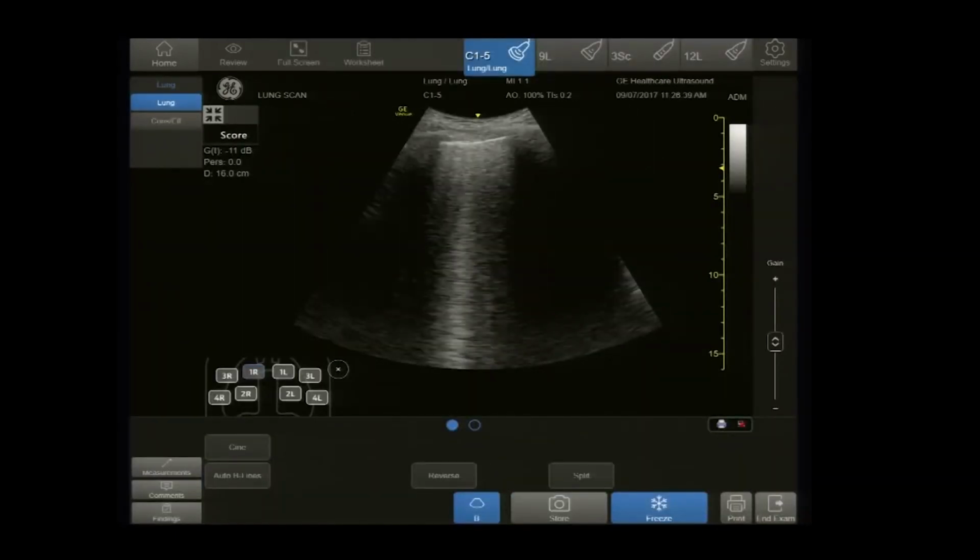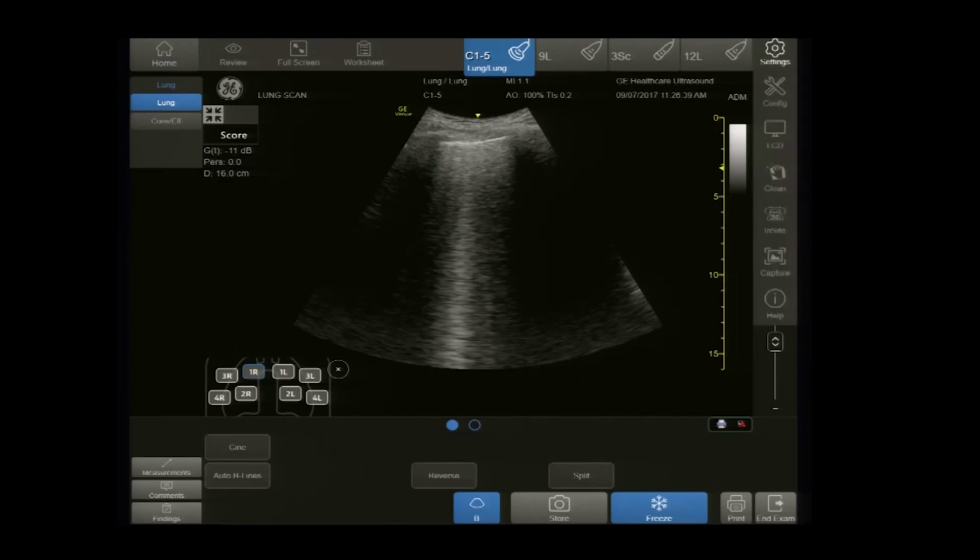Okay, there are a couple of different segmentation models for the lung that are available on Venue, and I'm sure we'll be adding more in the future as we learn more and more about the way our users want to evaluate the lung. But you'll notice that the default comes up with a 4-segmentation on each side of the lung